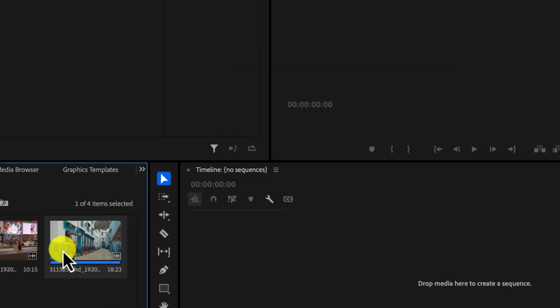So what is track targeting? Well, track targeting tells Premiere Pro which tracks you want to focus on while editing. It could be tracks, it could be layers, and that's it. While track locking actually means you are locking it up so nothing on it can be changed or moved accidentally. So there are times you want to be editing and you want to change a little bit of things in